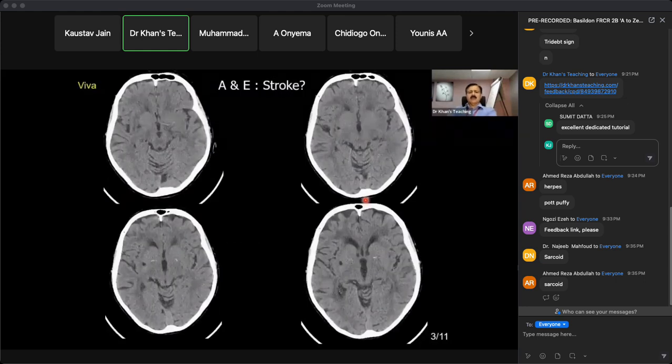Okay, different case. You are reporting this as on-call radiologist, and is there any stroke, particularly on the right side? Okay, so I can see bilateral frontal subcortical or deep white matter